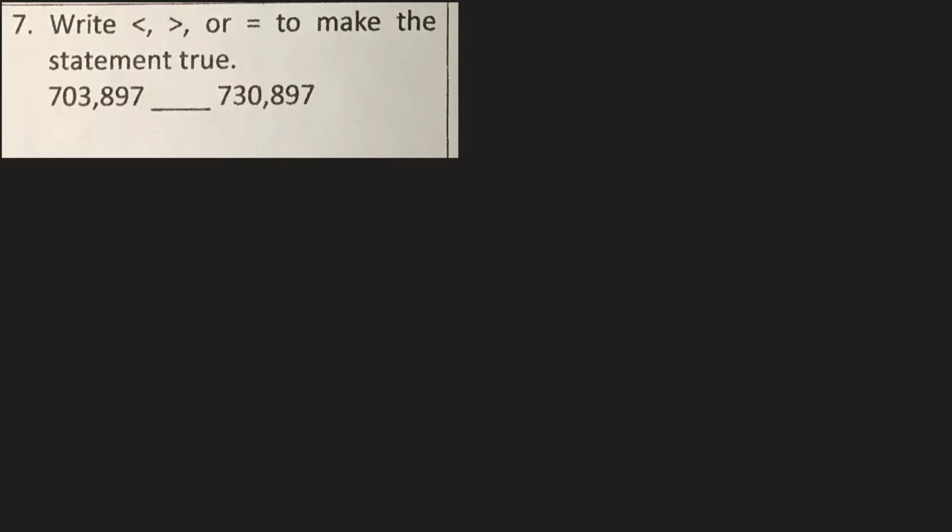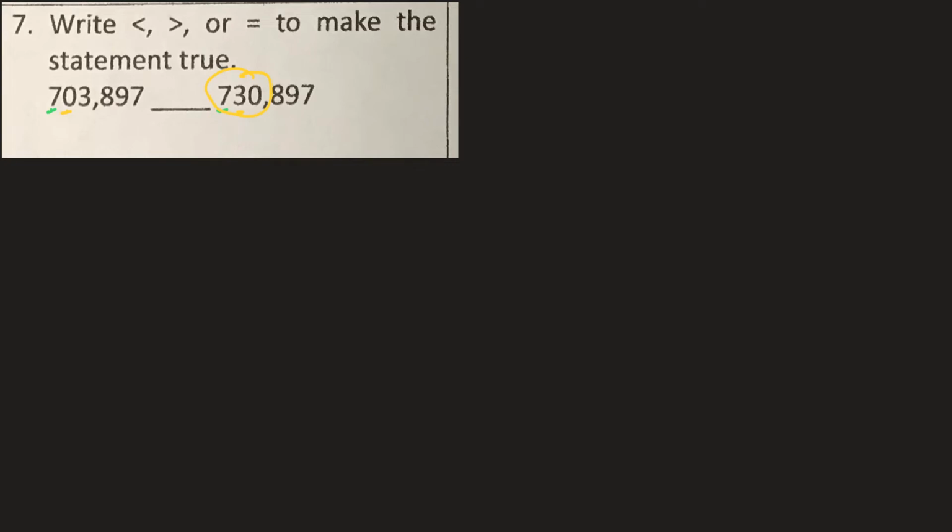Okay, so write greater than, less than, or equal to make this statement true. 703,897 is something 730,897. So I'm just going to start by looking at the greatest place value. And both of those are a 7. So I have to go to the next greatest place value. And in the next greatest, in the 10,000s, I have a 0 on this one and a 3 on this one. So I know that